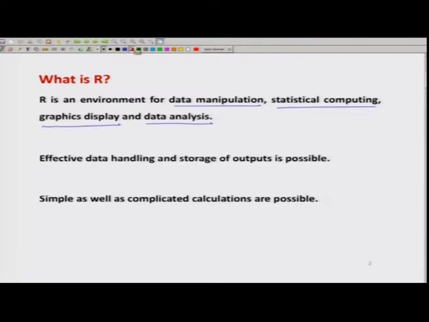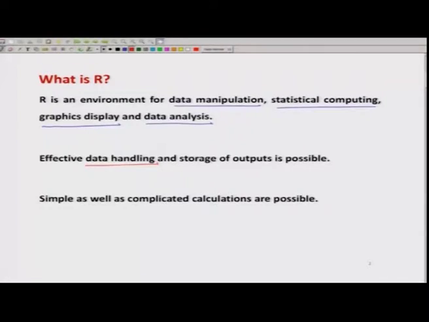And just like any other good software, R also has an effective way of data handling. It can handle the data easily, and it can store the input and output variables. It can store the outcome in the form of a scalar as well as in the form of vectors or a matrix.